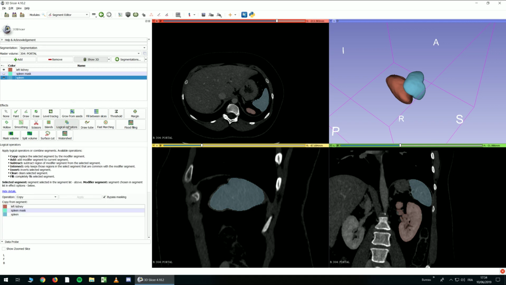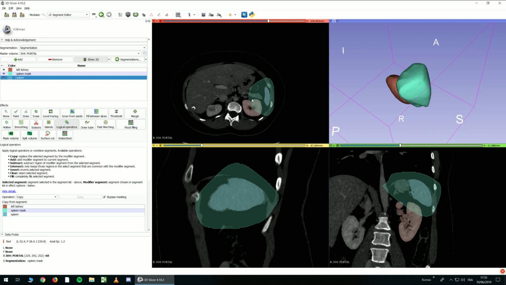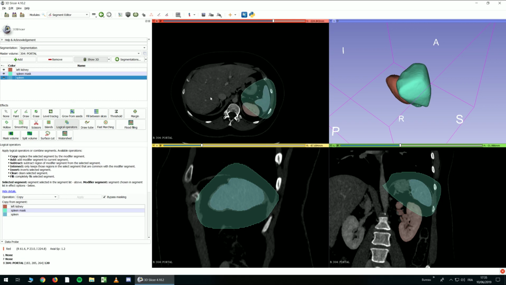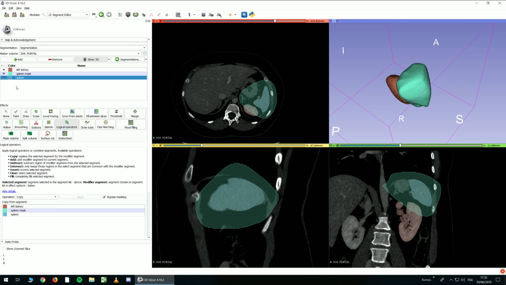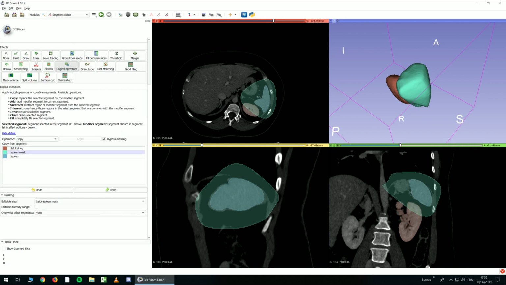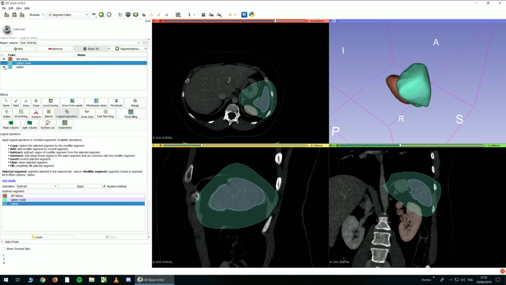I can show you logical operators. It's very useful sometimes. So I put back this. It allows you to do mathematical operations on your segments. For example, if I want to remove all the spleen in my spleen mask, I select spleen mask, I make subtract, I click spleen, and I apply, and as you can see,